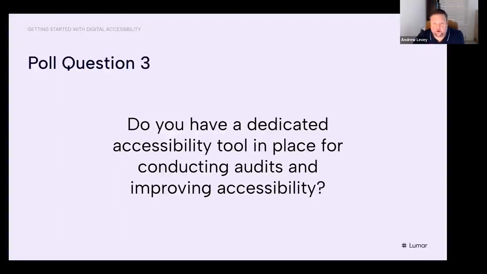So there are obviously various options of tools available. It really depends on probably your type of organization, your size of organization, and where you're at in your journey, which ones are going to be the best for you. I know we did actually have a question come through for that, and I've replied to them privately to say we'll get a bit more information about where you're at in your accessibility journey, and then we can hopefully give you a better answer than we can right now. But yes, great, thank you for that. Good to see that some of you already have some tools in place.